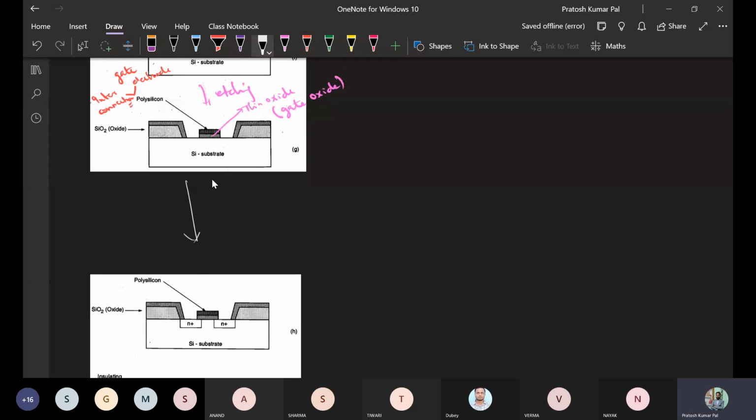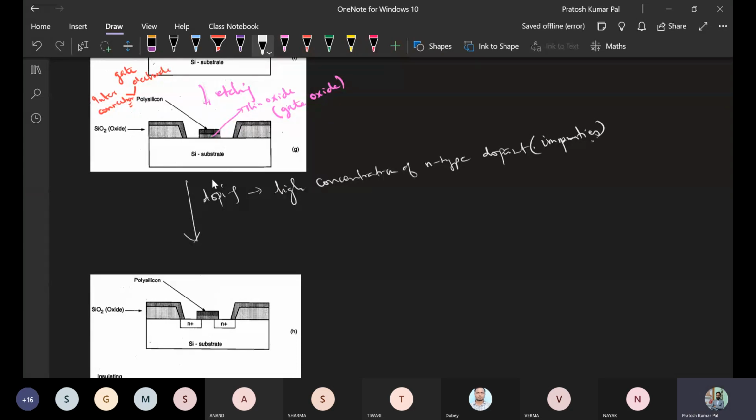The entire surface will be exposed for doping with a high concentration of n-type dopant. So we will be using n-type dopant, or we call it impurities. High concentration impurities will be used to highly dope this region, the n plus region.